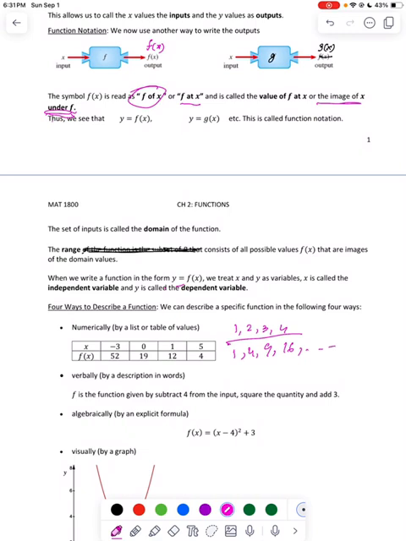So what does that mean? It means, what is the machine doing? What is the function doing? It is squaring each input. So we can call this the F of X is equal to X square